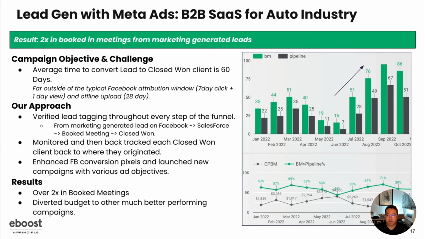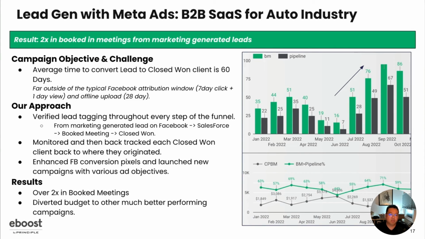So one approach is to make sure you mark out different steps of the funnel, like people became a lead, but also booked a meeting, or closed-won. You want to make sure you have different kinds of data that's tied back to the original campaign source. And when you look at it, oh wow, the leads that we generated from the Facebook campaign actually did convert to booked meetings or pipeline. And when you have enough good data in that part of the funnel, which could be significantly lower than the number of leads that you got, if it's significant enough that you can actually use it to optimize